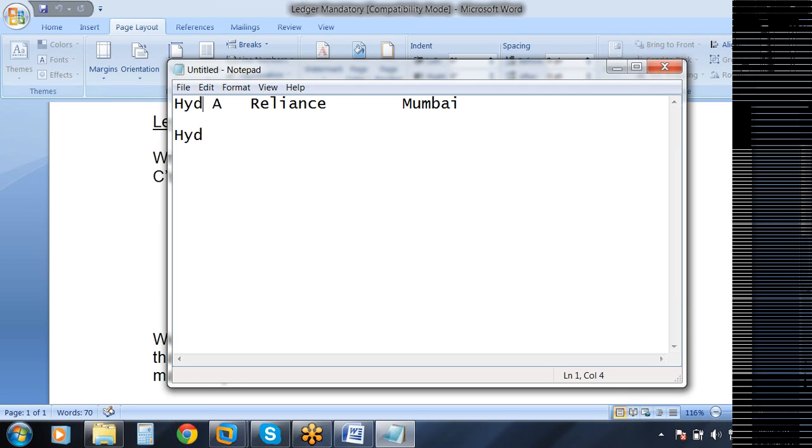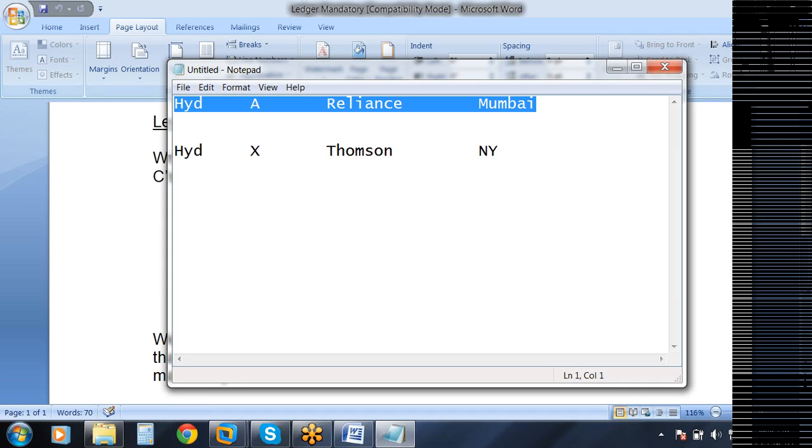Employee B, or employee X, working for a company called Thomson, with the corporate office in New York. A is working for the company Reliance, X is working for Thomson, and both are working in Hyderabad. So you see,